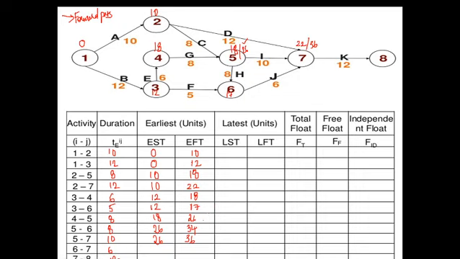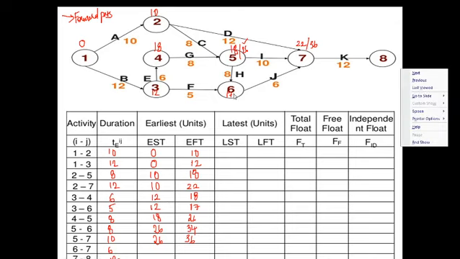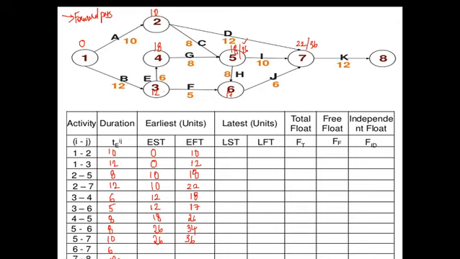Okay. So 6 to 7. On 6 to 7, how much is it? So earliest start time from here, from activity 3 to 6 we have got it as 17, and from 5 to 6 we have got 26 plus 8, which is 34. Okay, so there is a junction. Which value will we select? The greater value, 34. 34 plus 6, how much? 40.